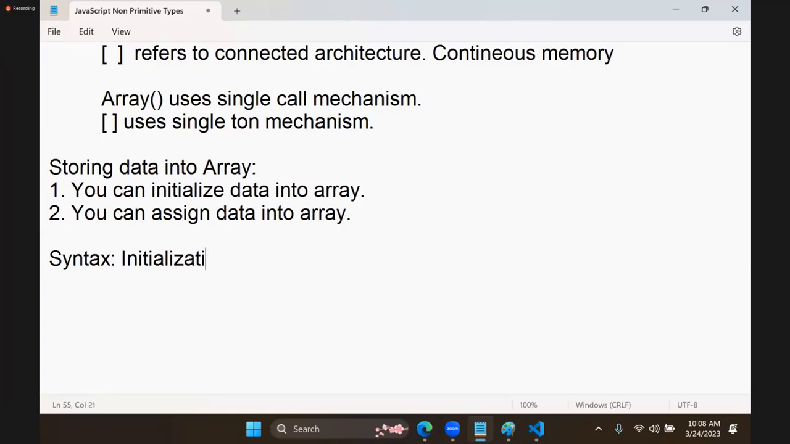Initialization means initialization of data into an array. Initialization of data into an array will be like this, with products. So initializing data into an array is nothing but this: you have defined products, and in the products,